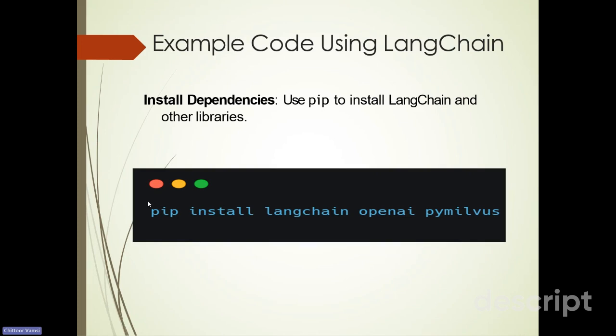First, install the relevant libraries. There could be a lot of libraries. If you are working with an Anaconda environment, most of the important libraries would be pre-installed. You might need to install LangChain because you want the interaction between the different vector databases and LLMs. Finally, you need to work with a vector database. Let's suppose we are working with PyMilvus, which is again a vector database, and you install the different dependencies required for the application.